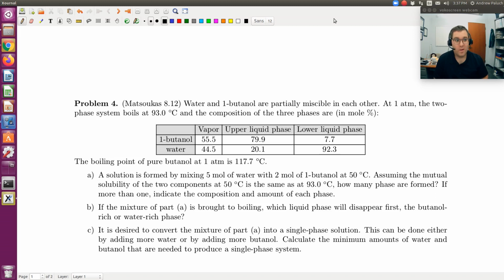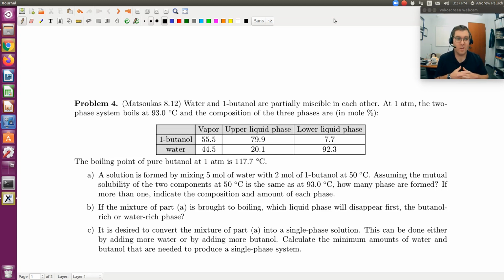All right, let's take a look at problem 4. So problem 4 is very similar to problem 3. It's just the data we're given is presented in a slightly different fashion. And so the first thing I'm going to do is just take the information that we're provided with and try and sketch a basic TXY system for this VLLE system. We're dealing with two partially miscible liquids, and then discuss how we would use that information in terms of solving